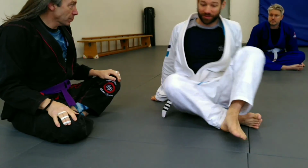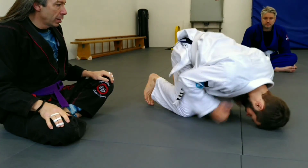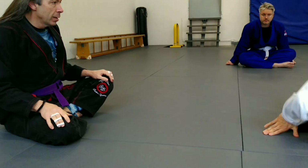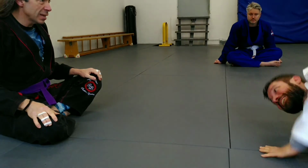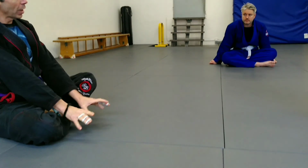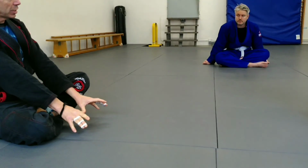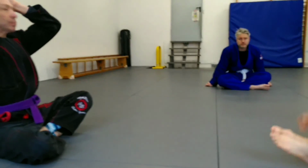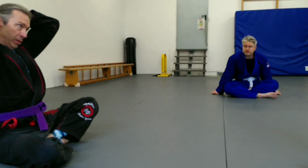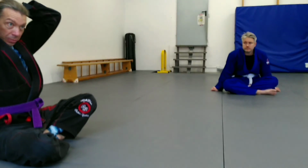It's cool to know that you're safe, because your head is stuck here and you go like this, but there's nothing dangerous. That's actually even more pleasant than when I've got my head in your guillotine like this. It's actually more pleasant on the throat. Cool. Okay, so give it a couple of tries and then we'll slowly start going to some of our escape